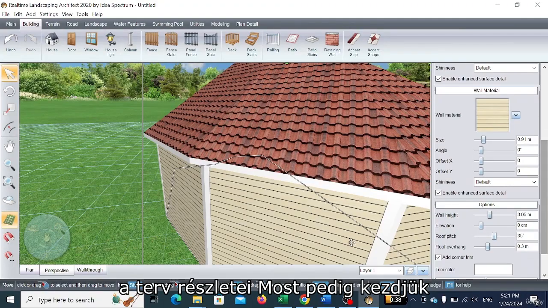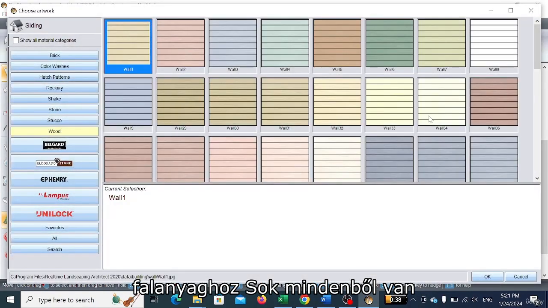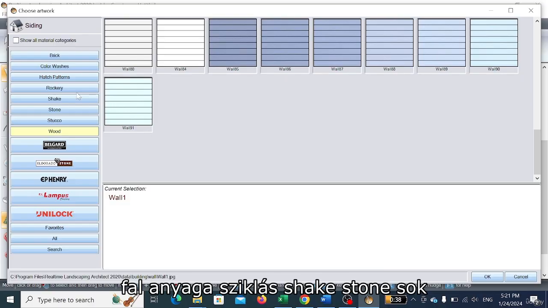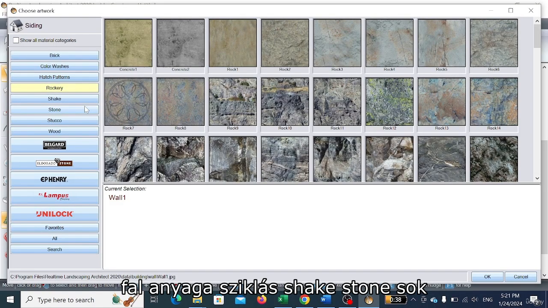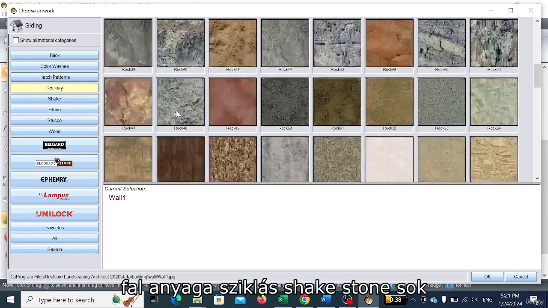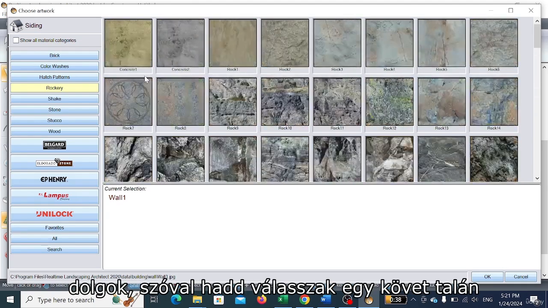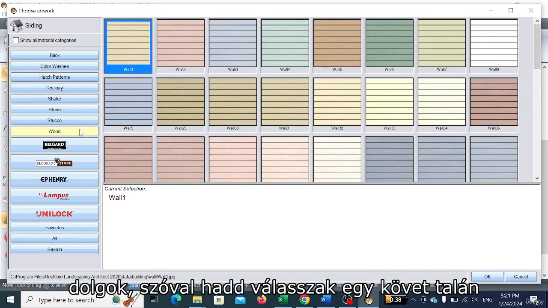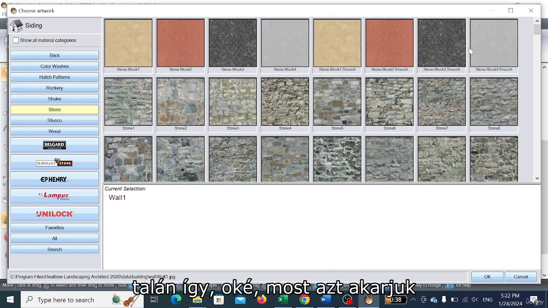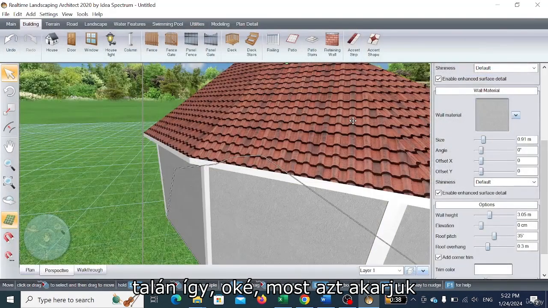Now we are going to wall material. We got a lot of wall material, rocky, shake, stone, a lot of things. So let me choose stone, maybe like this. Okay,